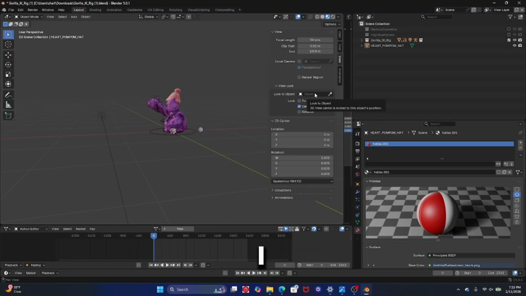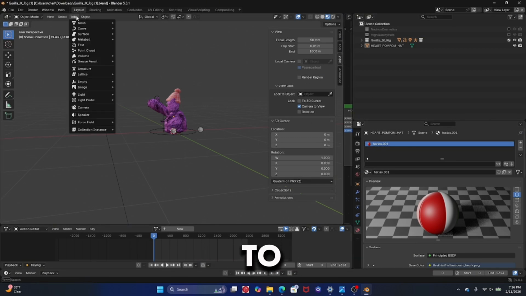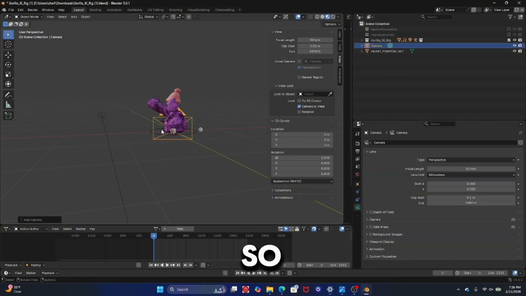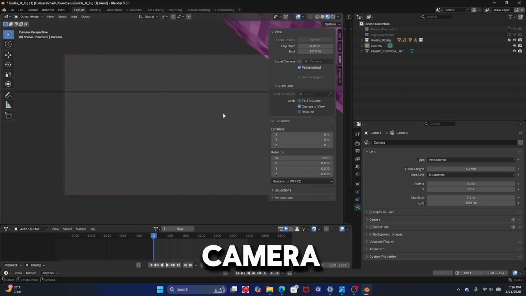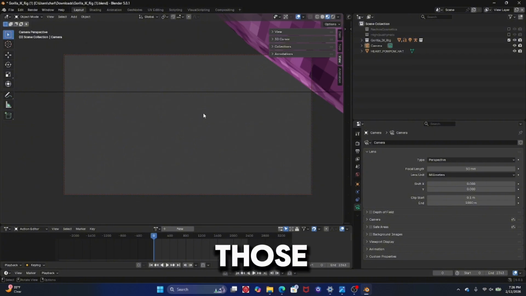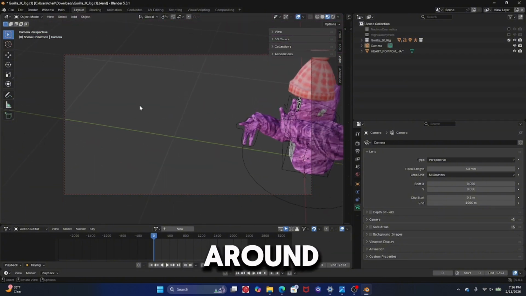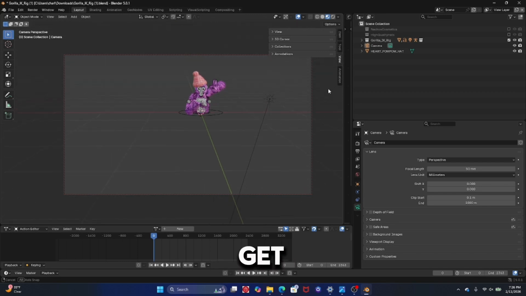So before I was not ready for this video. Anyways, what we have to do, if you've already done that, it's fine, is go to add, and click camera. So now we have this, we can just right click it and set active camera. So now we are the camera, and I'm just gonna get rid of those. Now we can fly around, and once you have the shot you want to get, you can just go up